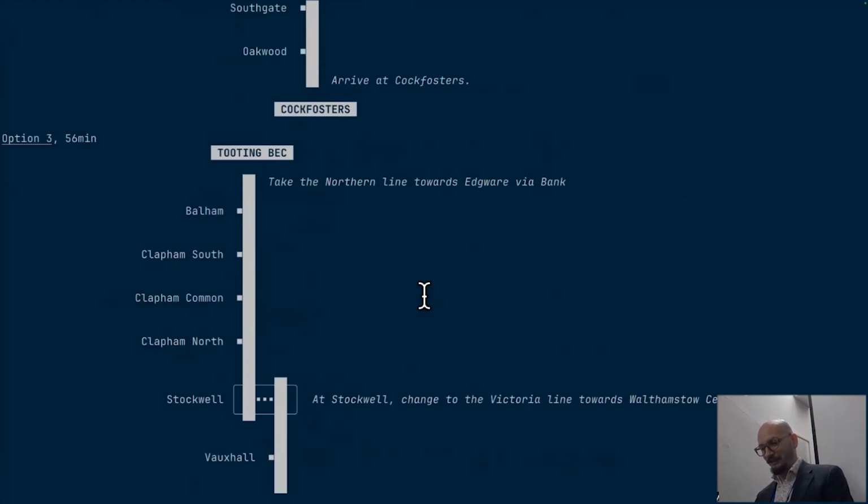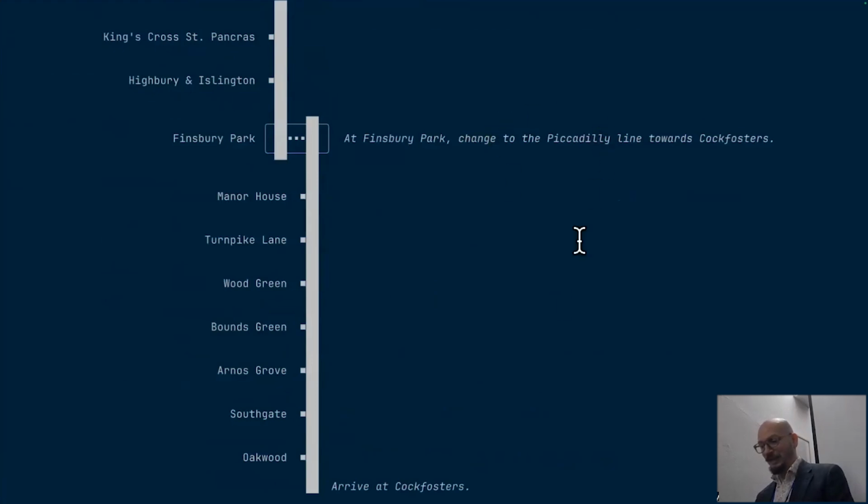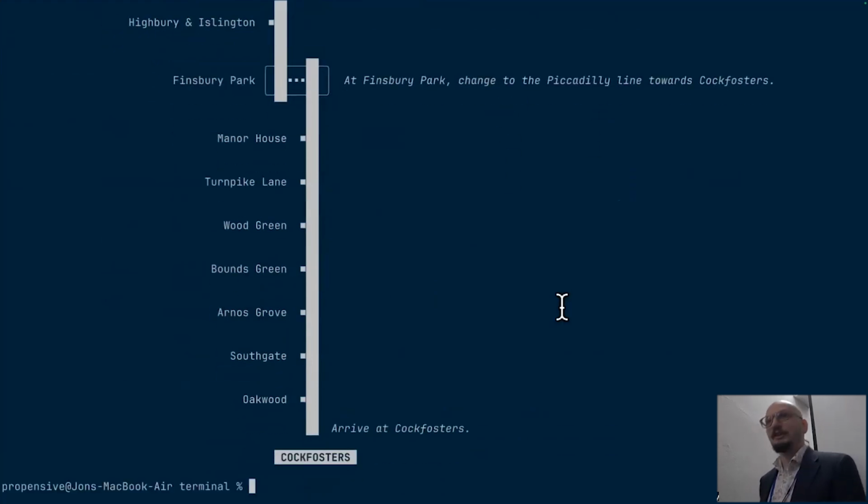So Tooting-Bec to Cockfosters, Northern Line, then Victoria Line, then Piccadilly Line. Okay, I mean it seems to work. You probably don't know London well enough to tell me if these are the correct stations and correct interchanges, but